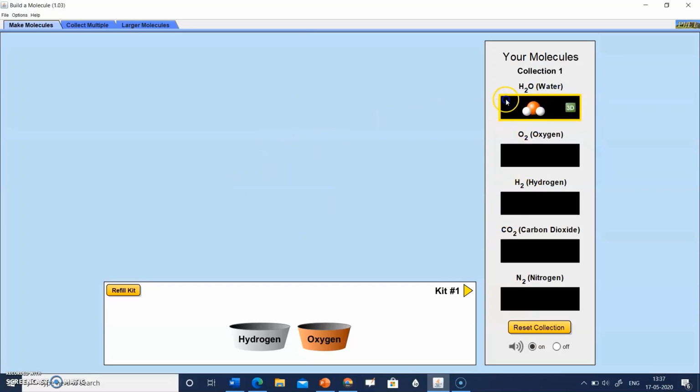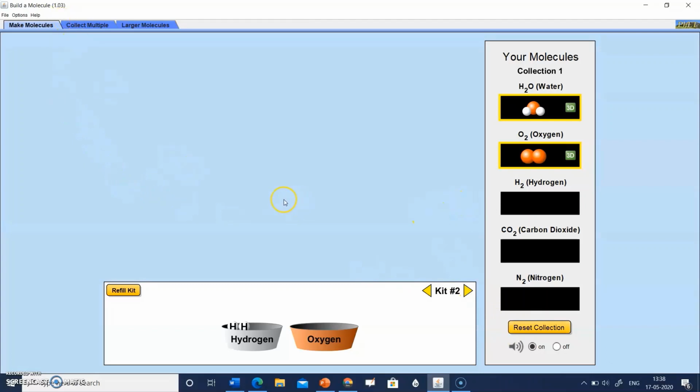So in this way, water molecule is formed, and a bell will sound that this is kit 1. So if we go to kit 2 and 3 and 4, etc., in this way, students can attempt all these molecules, how he or she can build molecules by themselves. For example, for kit 2, oxygen and another oxygen. So oxygen molecule is formed, and this box flashes that oxygen is formed. So click and drag this molecule in the oxygen window. Again, it shows that it is a right molecule.